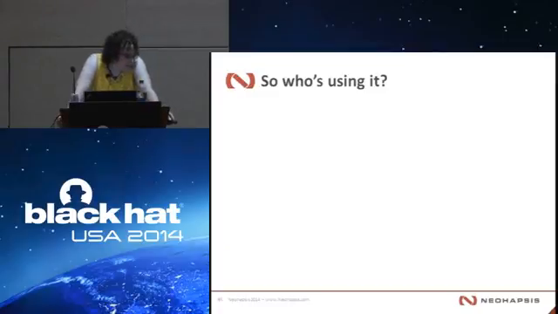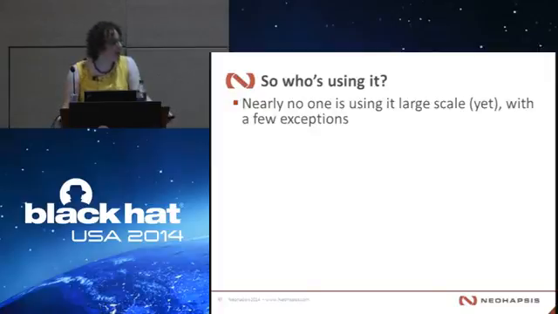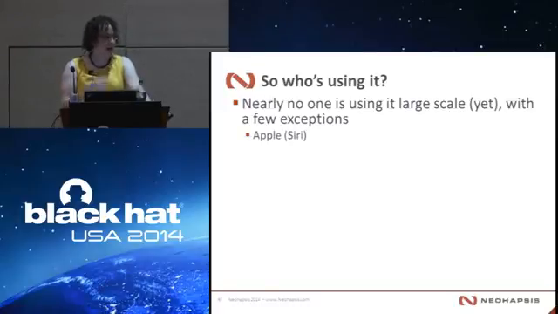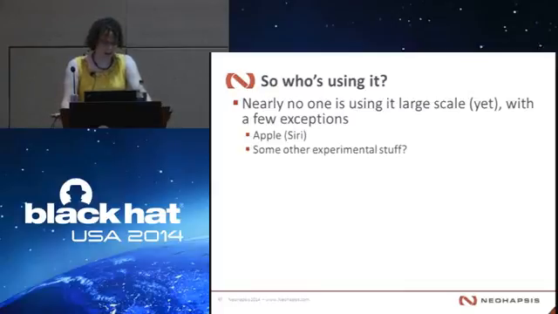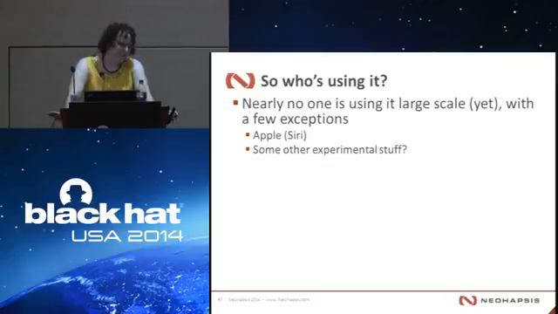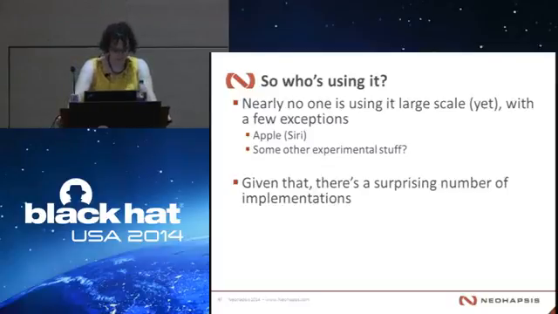So I've talked about it and roughly how it's implemented. Who's using it? Not much. Today, it's not used a whole lot, with a couple of interesting exceptions. As I said earlier, iOS 7 uses this for Siri. So if your Wi-Fi drops out in the middle of a Siri communication, you shouldn't notice because it should switch seamlessly to cellular. The rest of the handset has no access, just Siri. And there's some other experimental stuff for high bandwidth, high flow supercomputing, but really, it's not there at large.